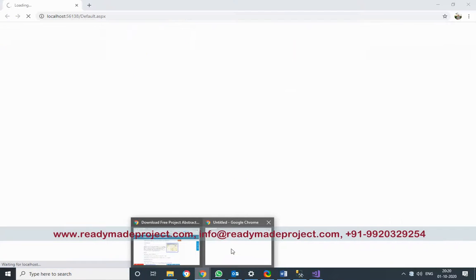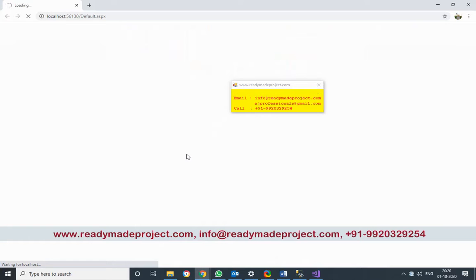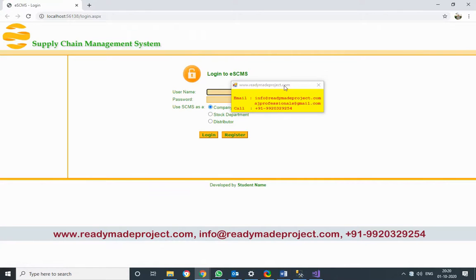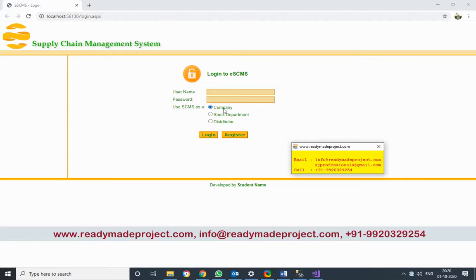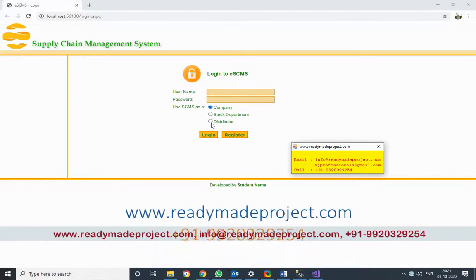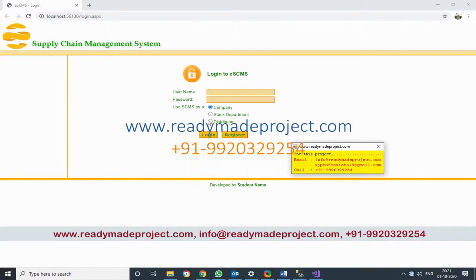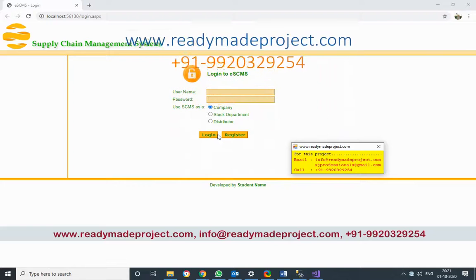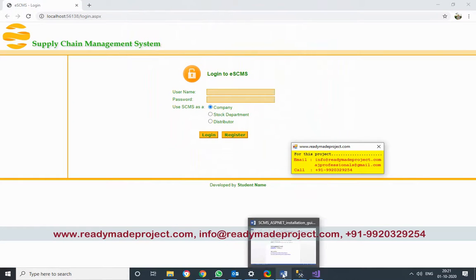One is called company, which is the manufacturer of the product. Stock is a stockist. Basically, he buys the product from this company and stocks it, and the distributor distributes that product to persons. Okay, the small company.